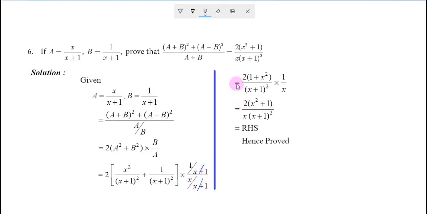Okay, now look, that is equal to 2 into (x² plus 1), x² plus 1 and 1 plus x² are both the same, am I right? So 2 into (1 plus x²) by here x² plus 1. Into here, when we cancel x minus x plus 1, the remaining is 1 by x. Okay, now let us combine, this is our answer. So 2 by x into (x² plus 1) by (x plus 1)², this is our required right hand side. Understood?